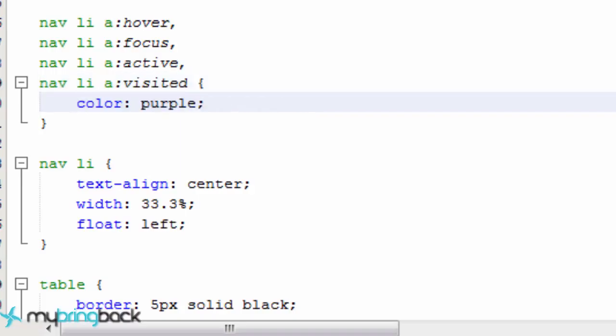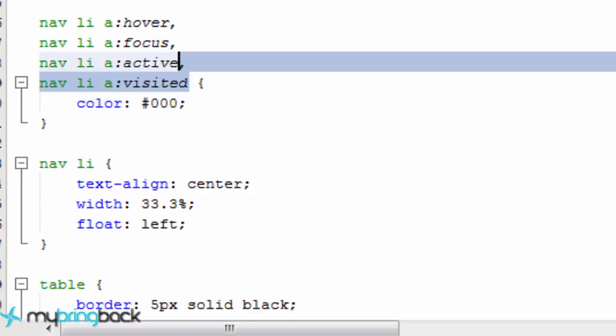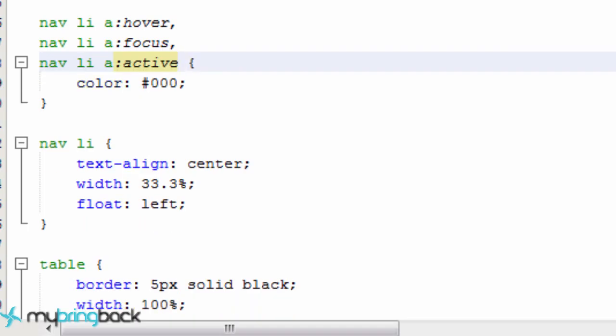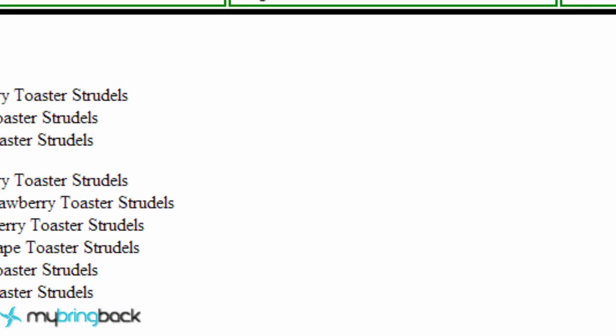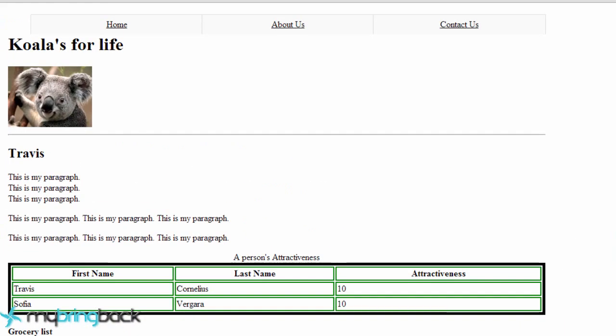So let's change the color of these links. And we actually aren't going to use the visited page for navigation, because generally you don't want to show that you have visited pages. Eventually we'll highlight or do something a little bit different according to what page we are on, so you know exactly what page you're on through this navigation up here. But we'll do that once we get into the JavaScript, so we can dynamically load what page we're on and update the styling of our